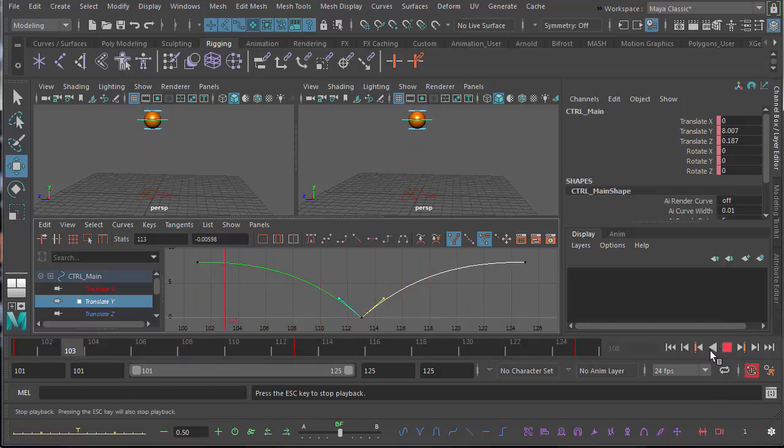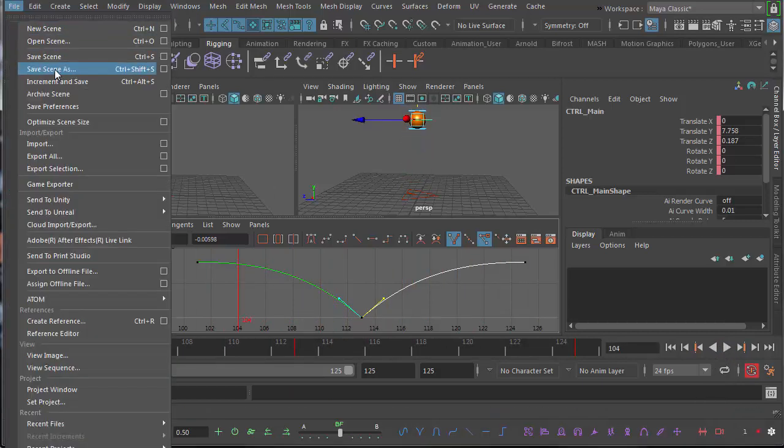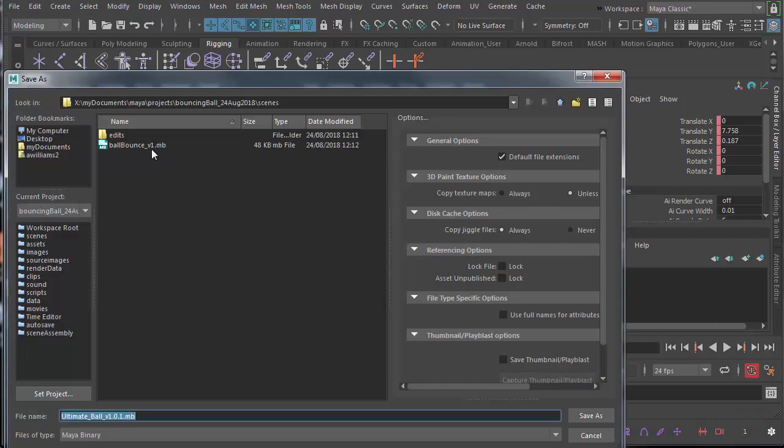So I'm just going to press stop and then go File, Save Scene As, and I'm going to call this ball bounce. Okay, it's only showing me my, let me show my ASCII files. There we go. Okay, so the ultimate ball is actually an MA. So we're in a .ma. You don't really need to know the difference at this stage. .ma has a bit more data in it and will save as slightly larger files, but it doesn't really make